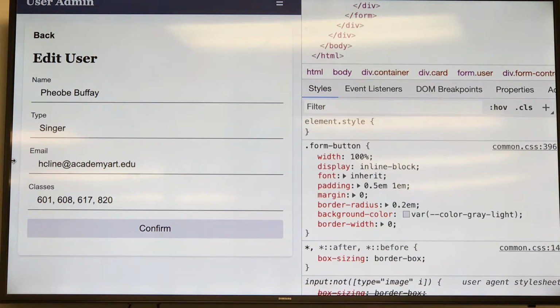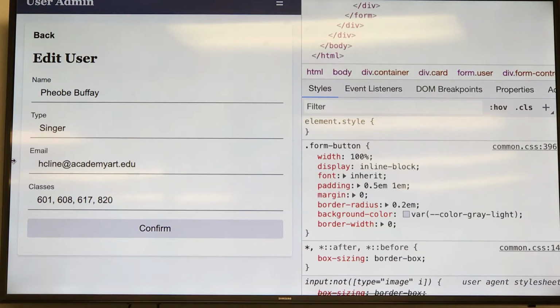So, we have a form now. Is this the only kind of form you can design? No, no. A lot of people don't like these underlined forms. A lot of people like to have inputs that kind of look solid. I will tell you this, you need to make sure that your inputs look different than your buttons. You can't have inputs and buttons that look the same. And, generally speaking, the inputs should look receded and the buttons should look